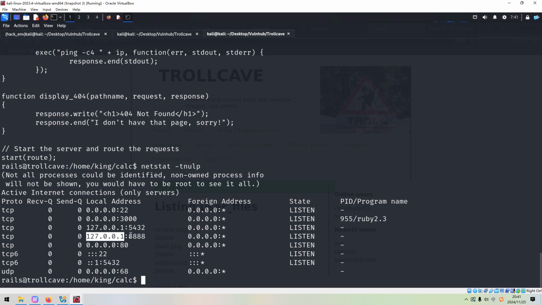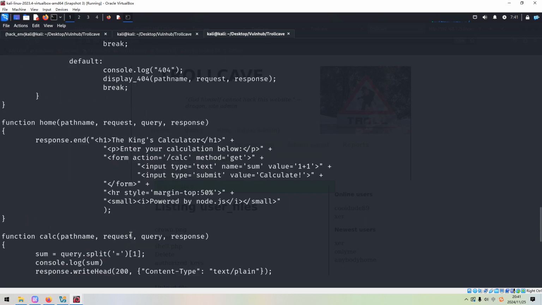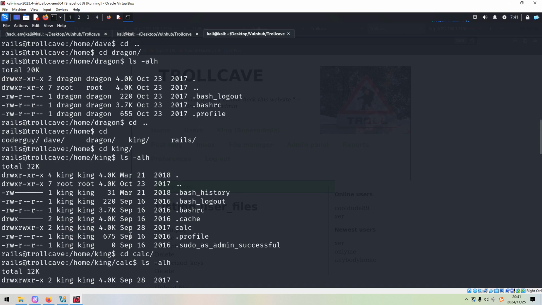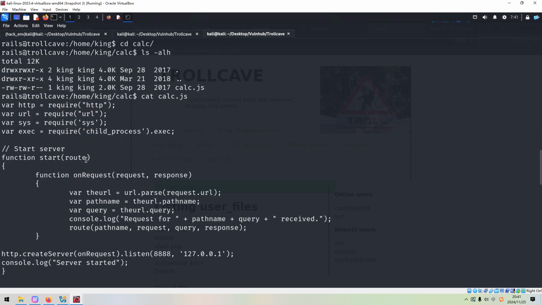So next, I think we need to set up port forwarding by the SSH or socat. But because the SSH is available, maybe SSH is more preferable for us. And also, as you can see here, it requires the HTTP module, child process, and request.